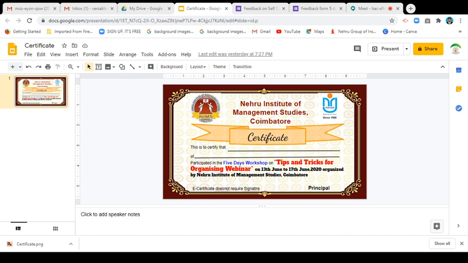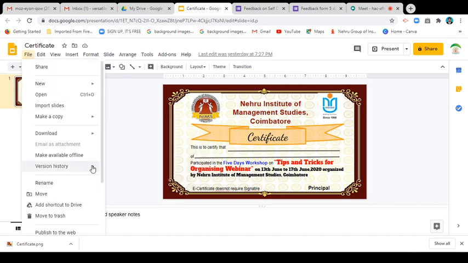Okay, and while you open that Word, we also very carefully note the size of the page. So what is the size of the certificate we already designed in Google Slides? We should know it and note it down. The same size you can make as the page setup in MS Word. Actually we made it the standard size, I hope.